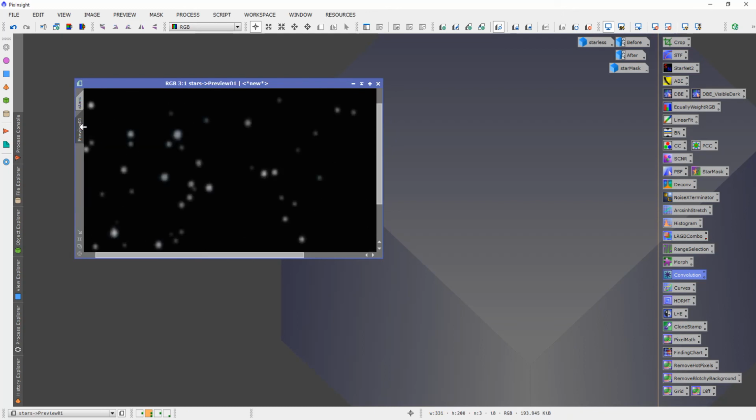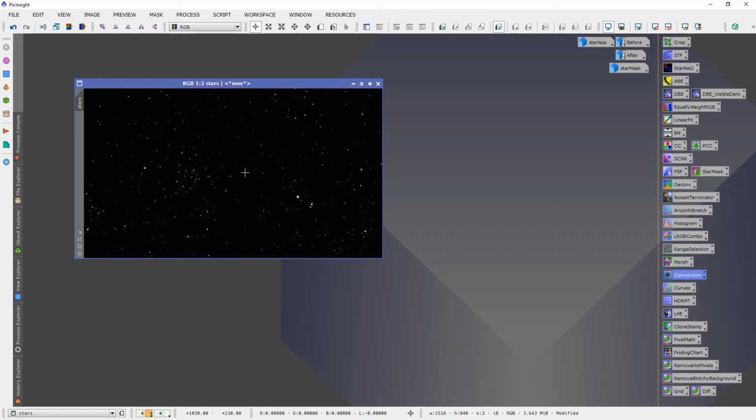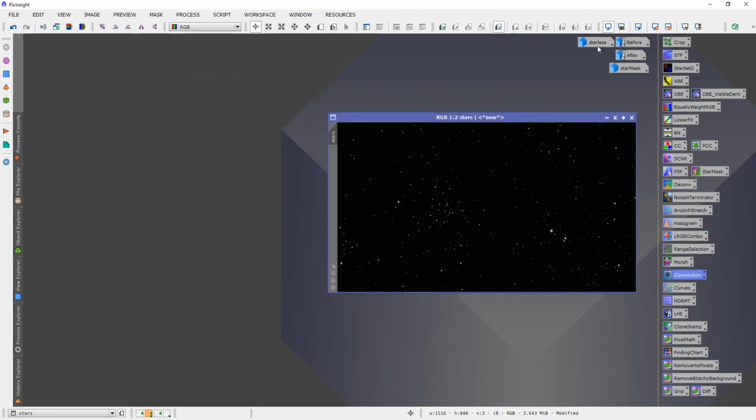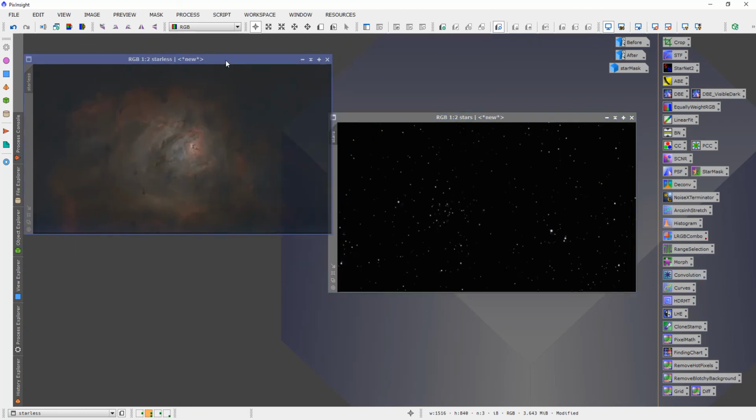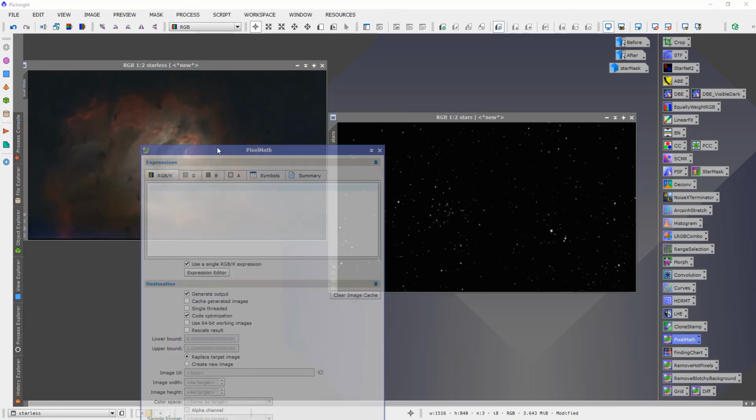We can remove this preview. So right click, delete. Let's have this over here, and let's open up the starless image. So we now need to put these stars back in here, and the simplest way I think is to use pixel math. Just open up a window,